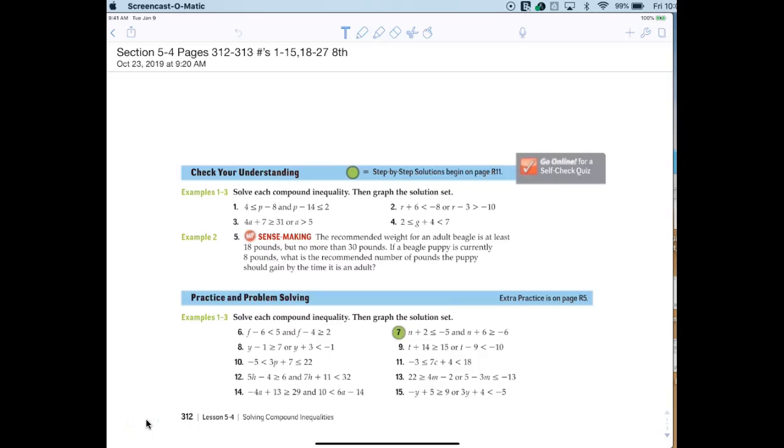The nice thing about today is it's kind of going back and I'm just reviewing how to solve